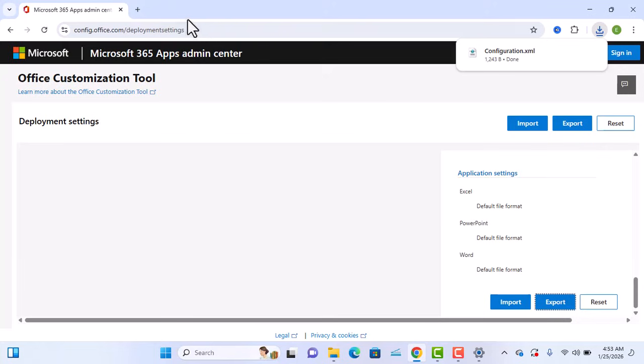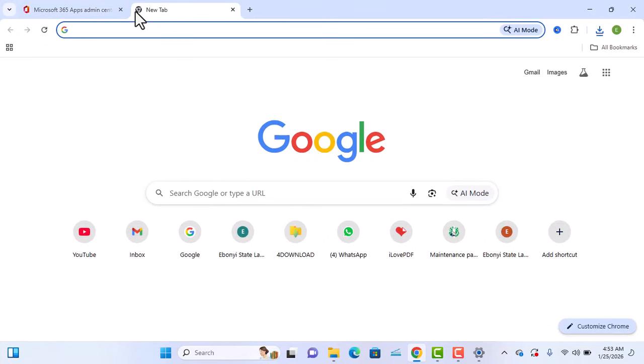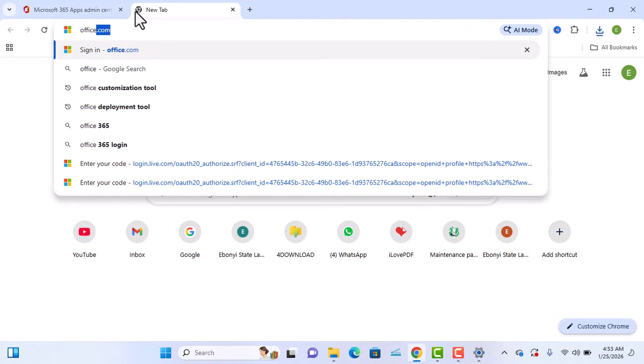Now the next thing we are going to do is type Office Deployment